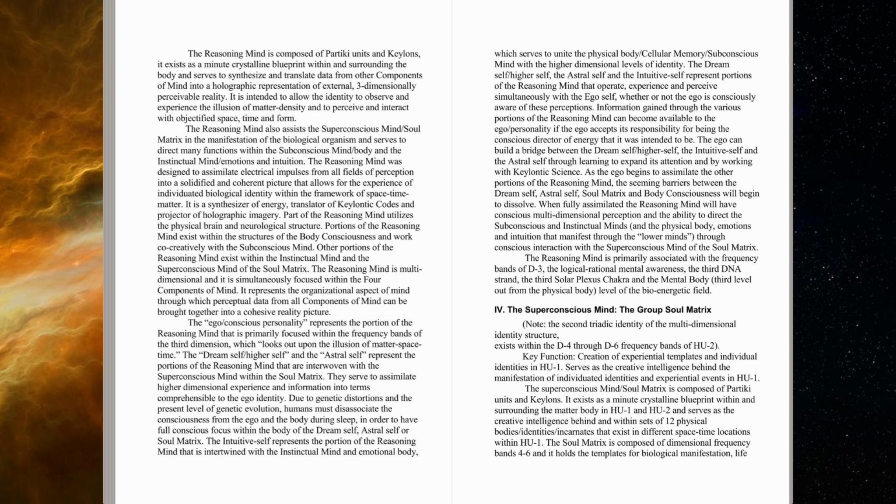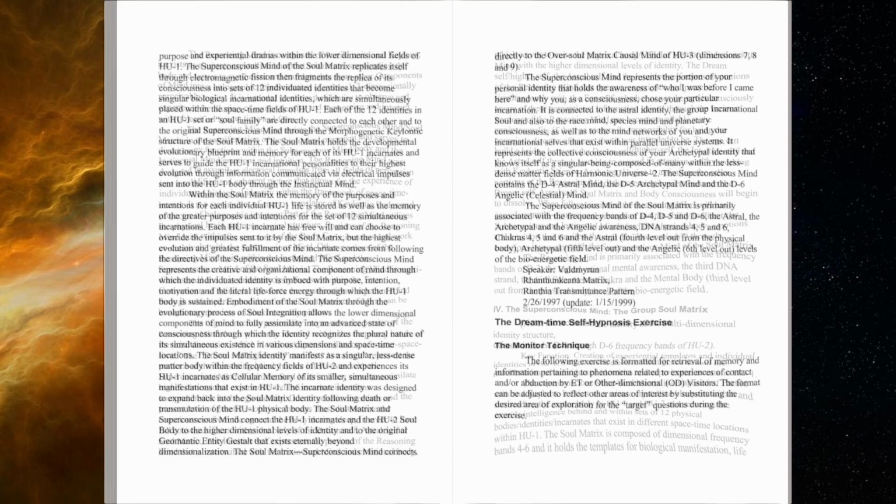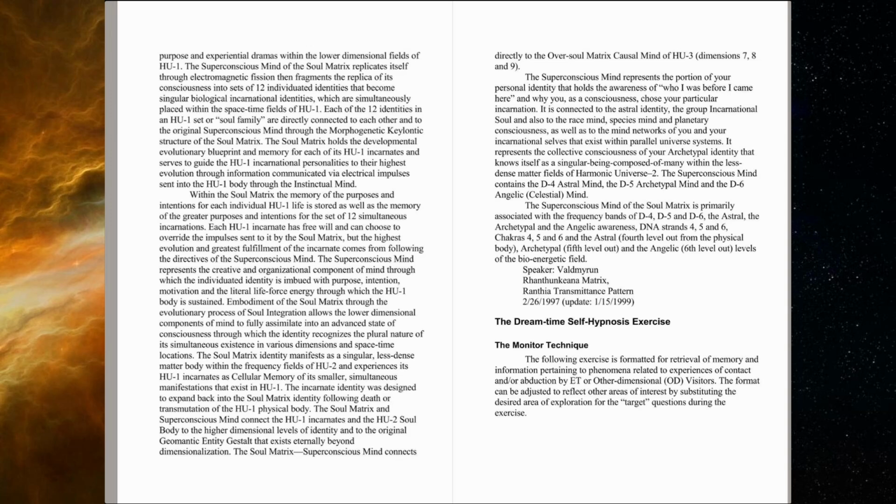The Soul Matrix is composed of dimensional frequency bands 4 through 6 and holds the template for biological manifestation, life purpose, and experiential dramas within the lower dimensional fields of Harmonic Universe 1. The superconscious mind of the Soul Matrix replicates itself through electromagnetic fission, then fragments the replica of its consciousness into sets of 12 individuated identities that become singular biological incarnational identities, which are simultaneously placed within the space-time fields of